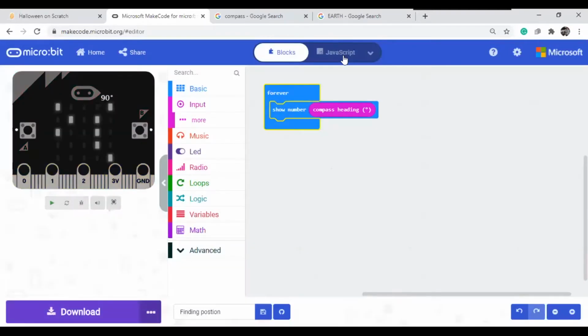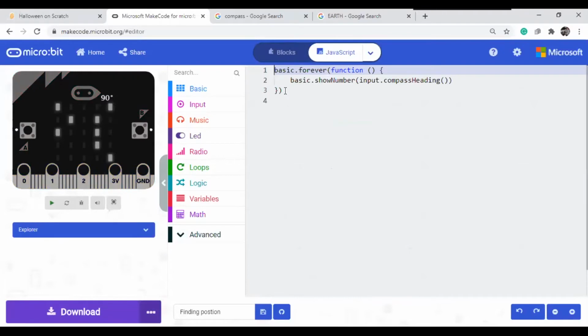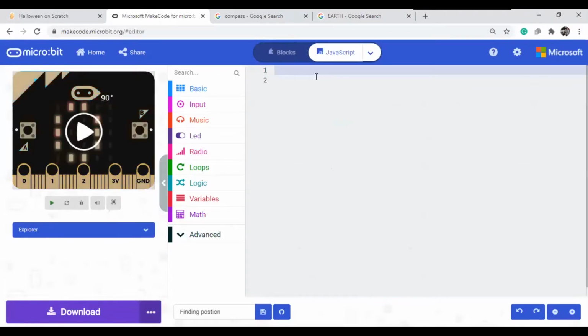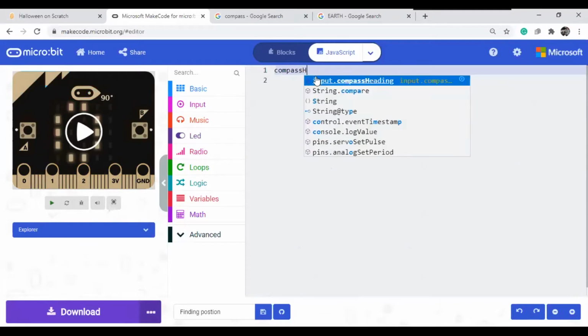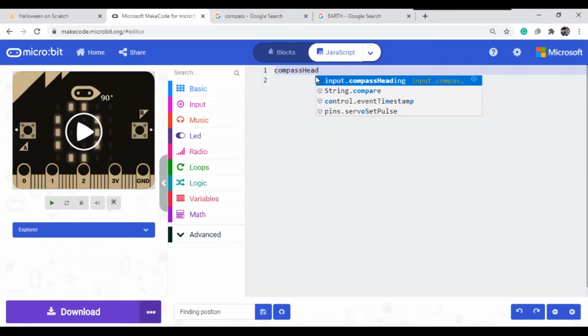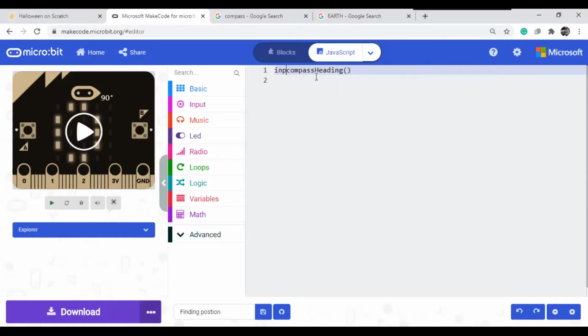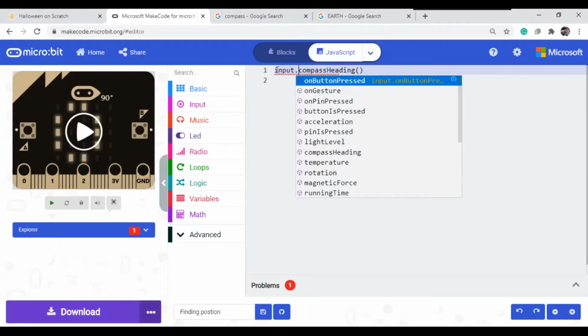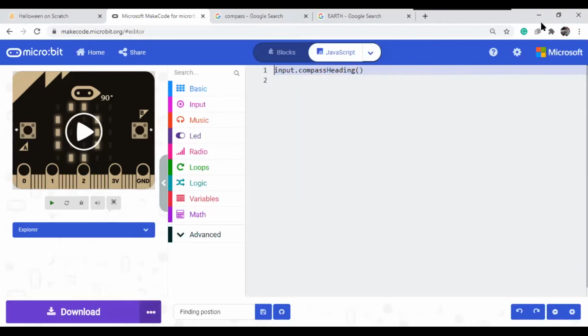If I want to find out the compass heading, the function name is compass heading. This function is in the input class, so input.compassHeading. If you write it, it will return a value.